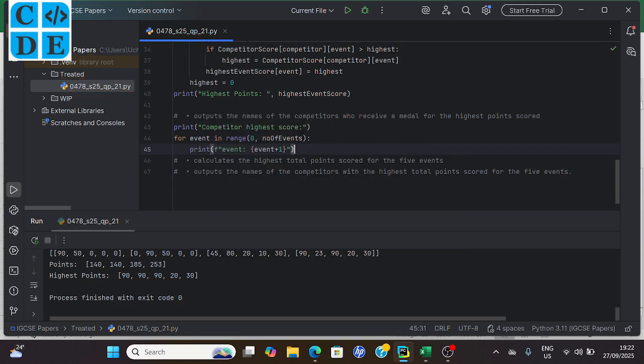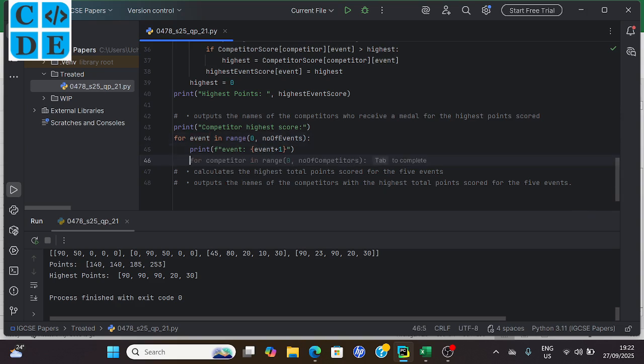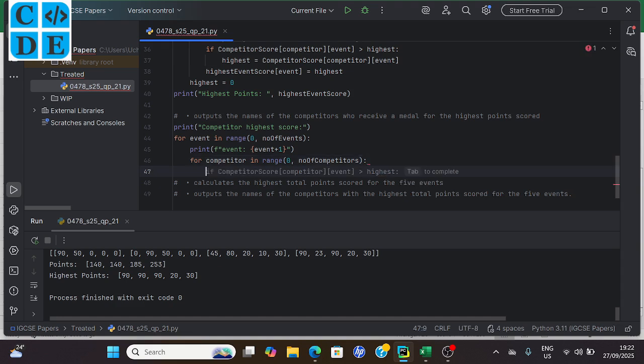Okay, so here, remember we're looking for the event for each of the events. That's why we started with event. If we're doing for the competitor, we need to do competitor first before the event. Yeah. So the event will be the outer loop, whereas the competitor will be the inner loop. Okay. So each time we meet,